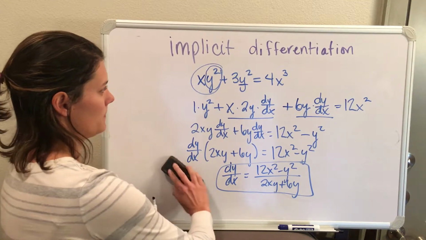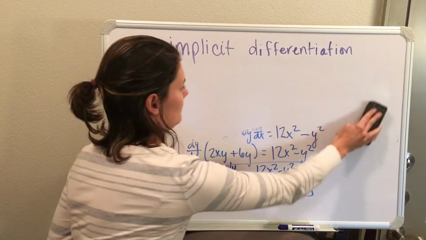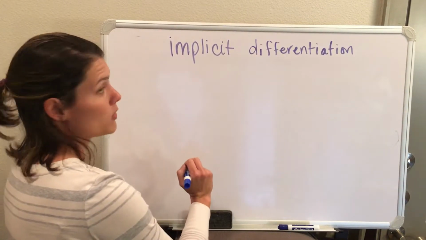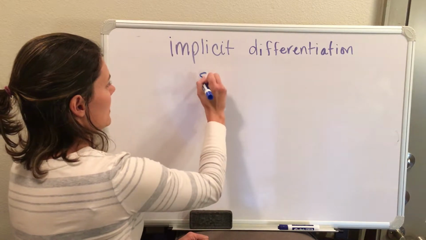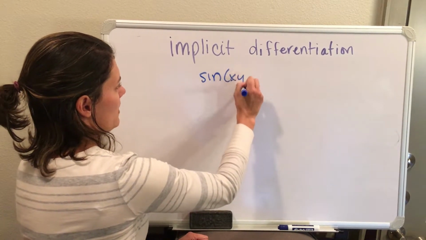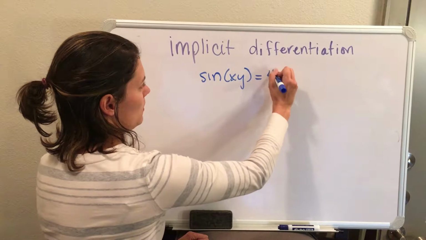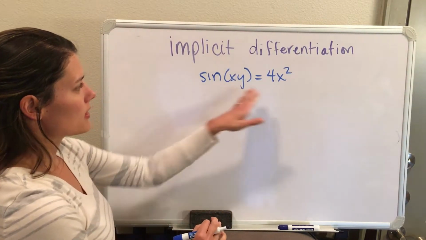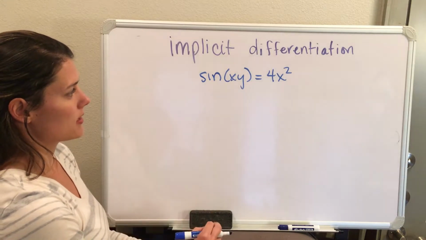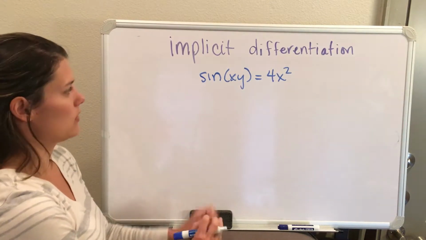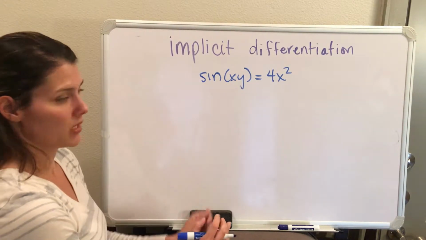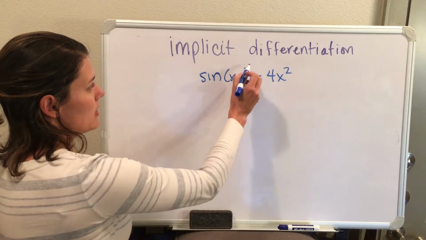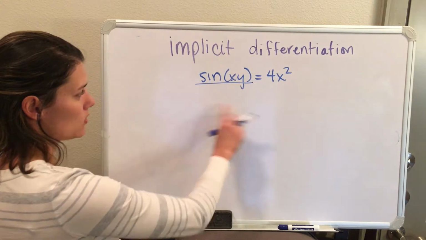Let's try another one. Let's do a trig function one. This will be sine of xy equals 4x squared. So in this case, again, it is not explicit, it's an implicit function because you have x and y mixed together in the equation. So what I'm going to do here, this is one term, to take the derivative of